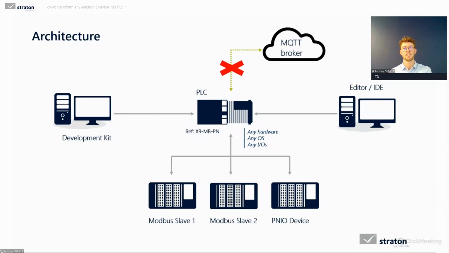Okay. So here, I do a small parenthesis of marketing. So with Straton, this is possible. Your PLC is what we can call a soft PLC. So then you can make it. You add this MQTT capability into your runtime source code. You put the runtime onto your electronic device, and that's it. You have a fully working application with all the capabilities you needed, recovering data from your devices and pushing it to the cloud to an MQTT broker.